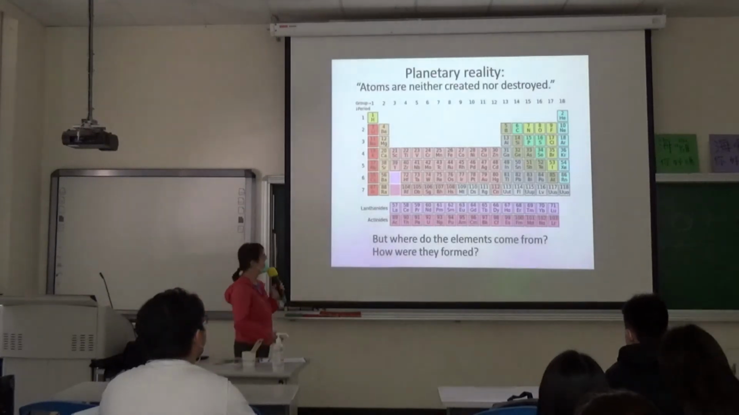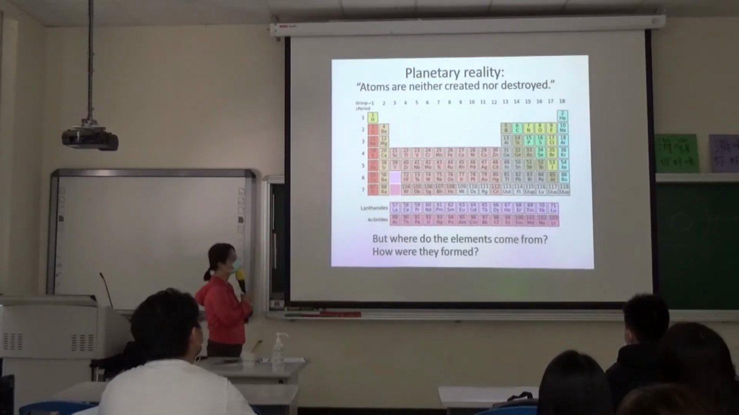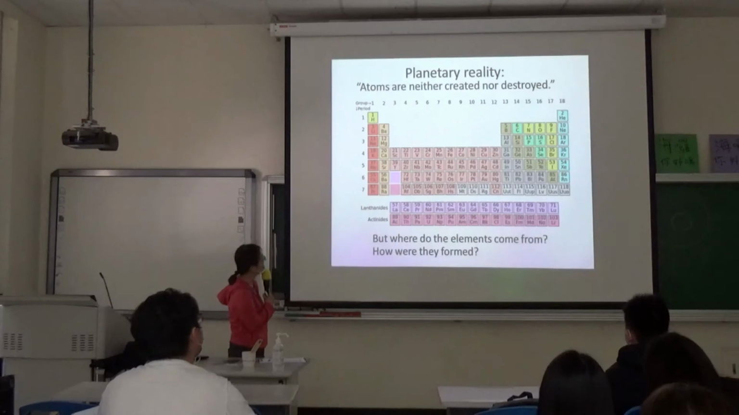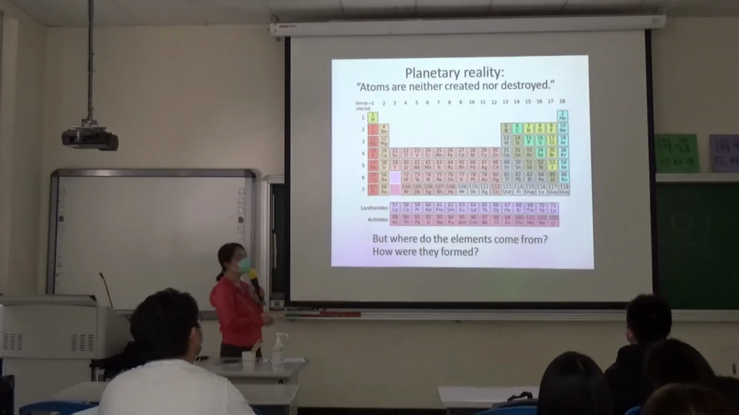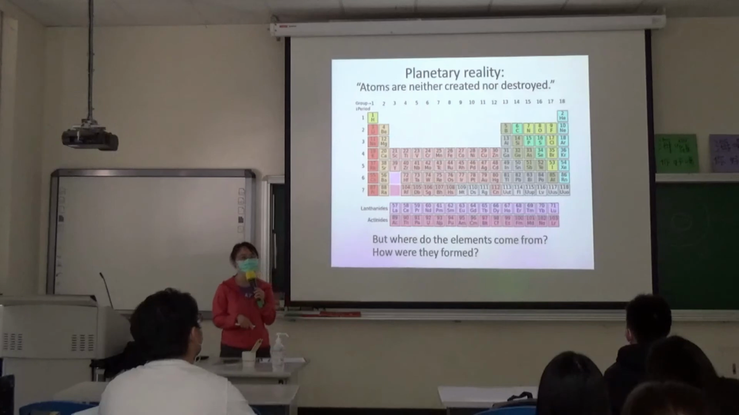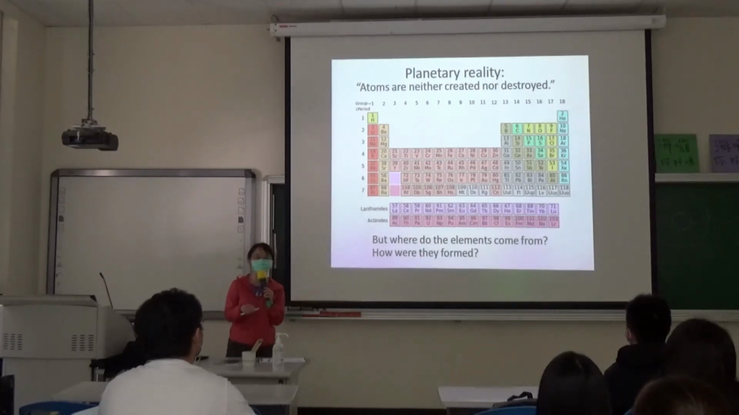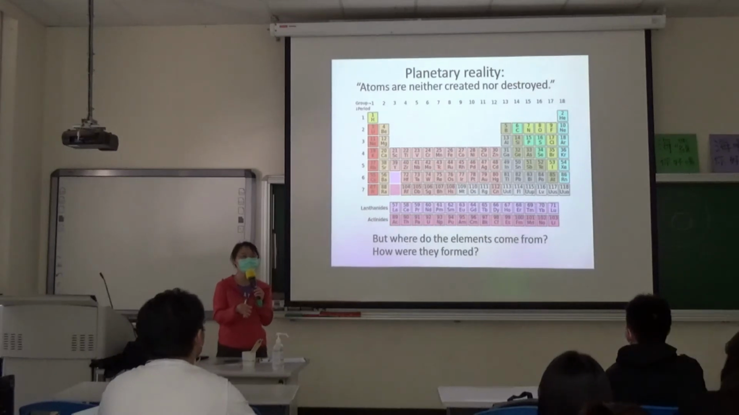Okay. Here, Ethan also showed this table. It's a periodic table. And here, I use the title, Planetary Reality. There's a pun here. Pun, P-U-N, 双关语. Okay. So, for example, if you go to a conference, 国际会议, usually there will be many different sessions going on